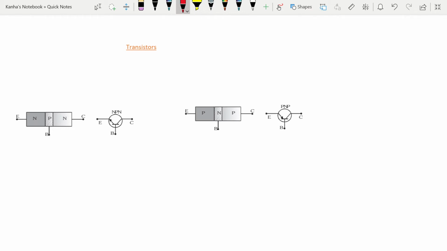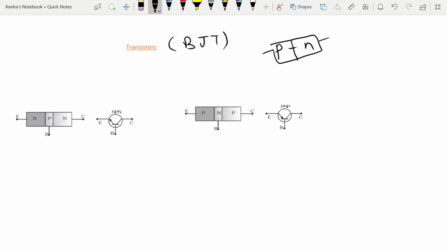The next topic that we discuss is transistors, or more commonly known as bipolar junction transistors, or BJT. What are transistors? A transistor is a three-terminal device which transfers a signal from a low resistance circuit to a high resistance circuit. The last device that we saw was a PN junction diode, which was a two-terminal device. Okay, this is a three-terminal device.